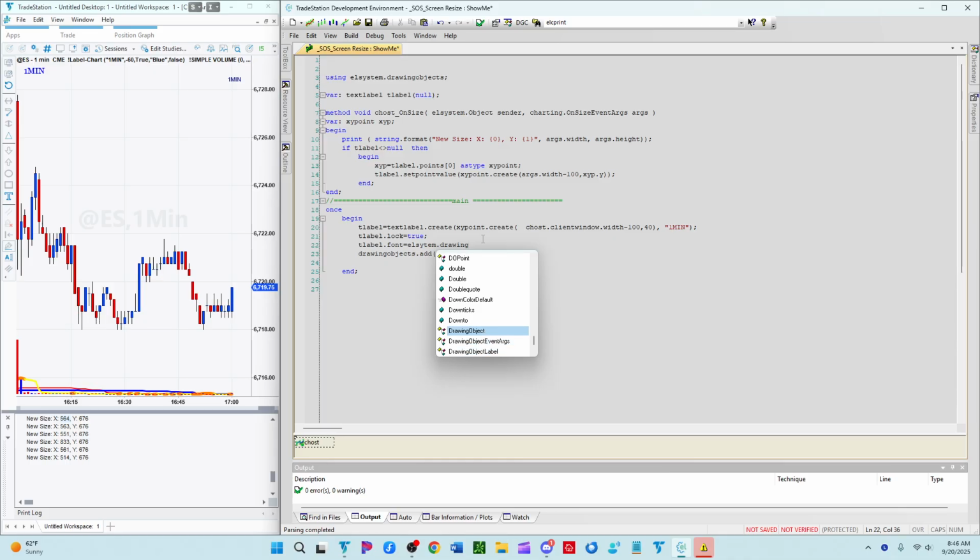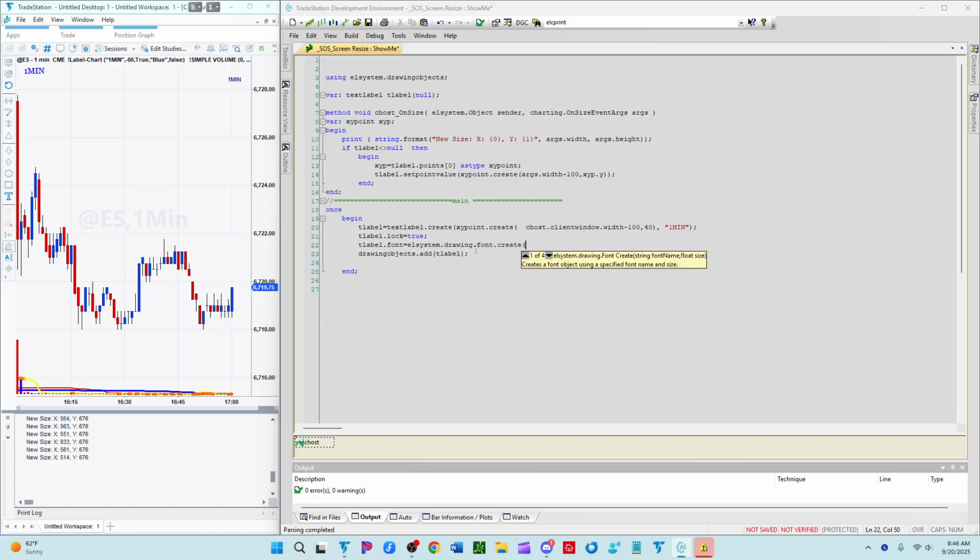Everything has a different namespace, right? Lots of things have different namespaces, so in order to get to the font, I thought it was System.Drawing, but it's not. That's not even coming up. System.Drawing, there it goes. All right. So I probably didn't spell it right. System.Drawing.font